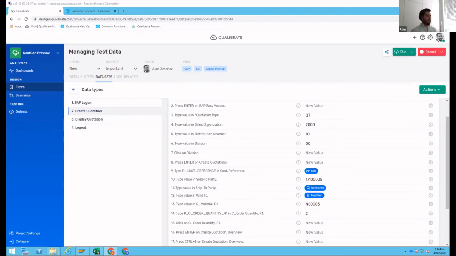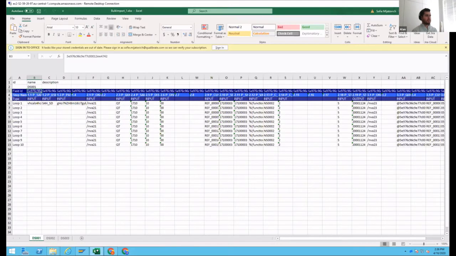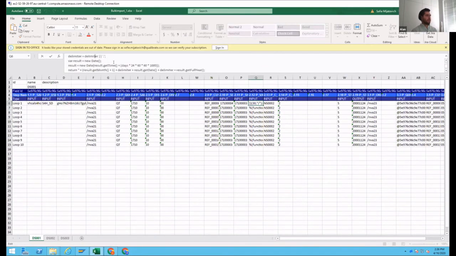I have an example here, which you can see on the screen. This is the next step that I want to show you, because here you can see that I have multiple loops, and I'm particularly interested in looping one specific task, in this case a quotation task. Here you can see that we support not only simple values in the Excel, like entering a simple value here, for instance, but also a specific convention, similar to what we do in the web application.